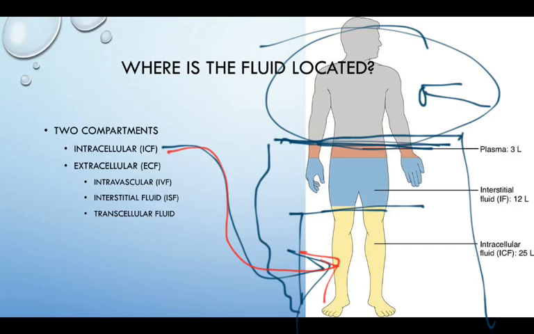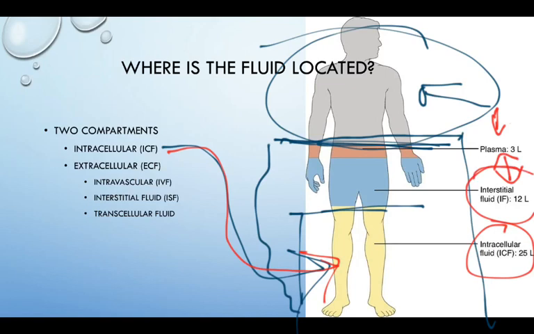That means all the fluid that's actually within the cells. That's this compartment. And it is approximately, in a normal male who's not obese, an average size male, about 25 liters, okay? That is intracellular. If you add together the extracellular fluid that we have here, you would have 3 liters, which is the plasma, the fluid that's in the bloodstream, and this is the fluid that's outside the bloodstream but not